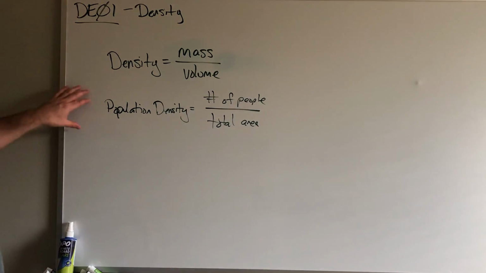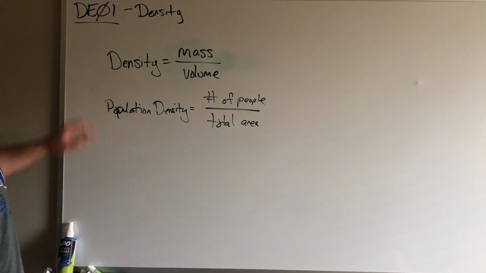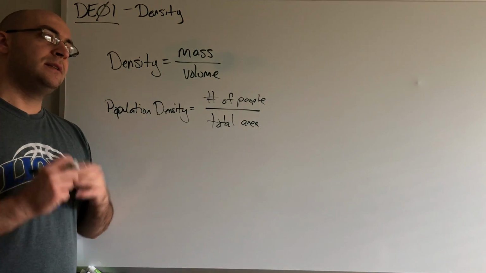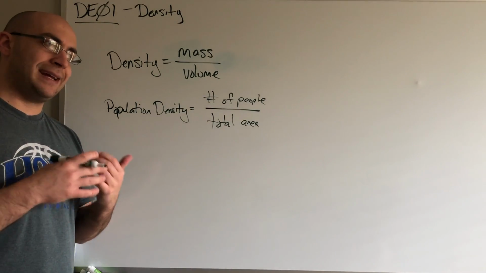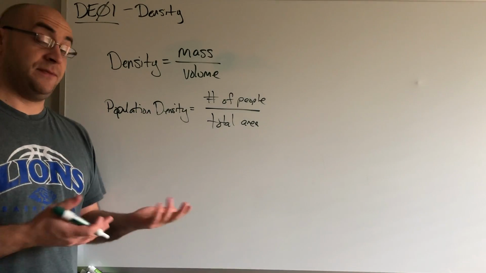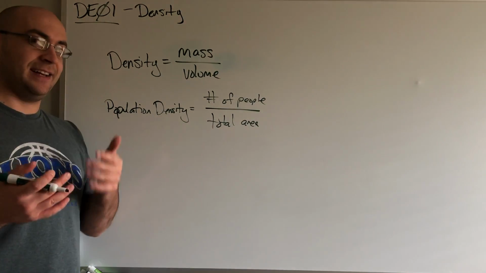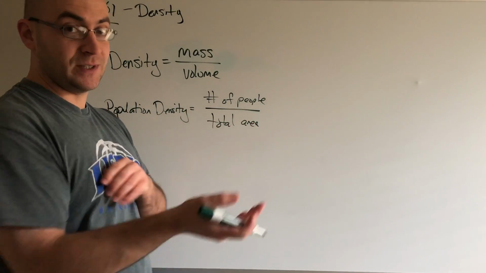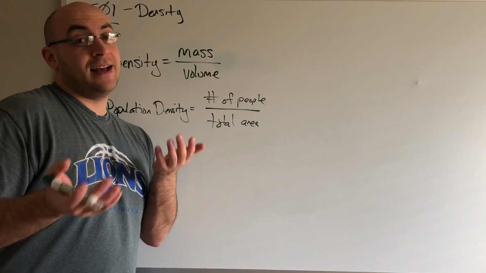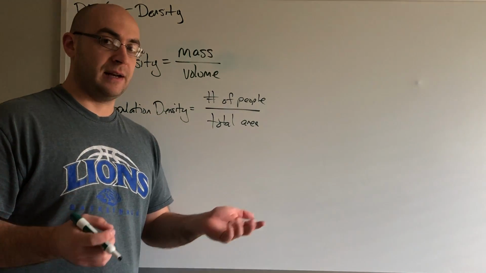Now, we're going to do a lot of this in class, but one thing that I would like for you to do is I want you to be familiar with maybe Gwinnett County. So take a look and see which county in Georgia is the most densely populated. Is it Gwinnett County? Is it Fulton County? Because the capital of the state is Atlanta in Fulton County, right? So we're going to have to figure that out and see which county has a large amount of people in it, or a more densely populated area.